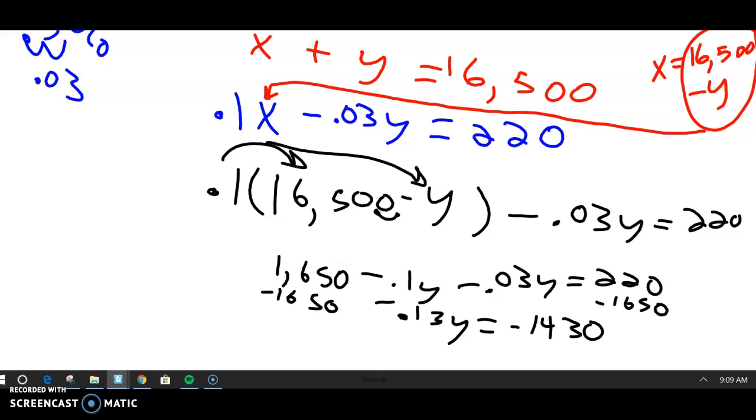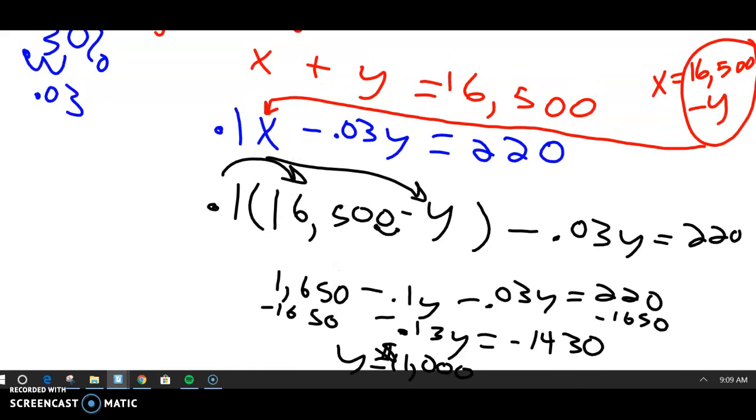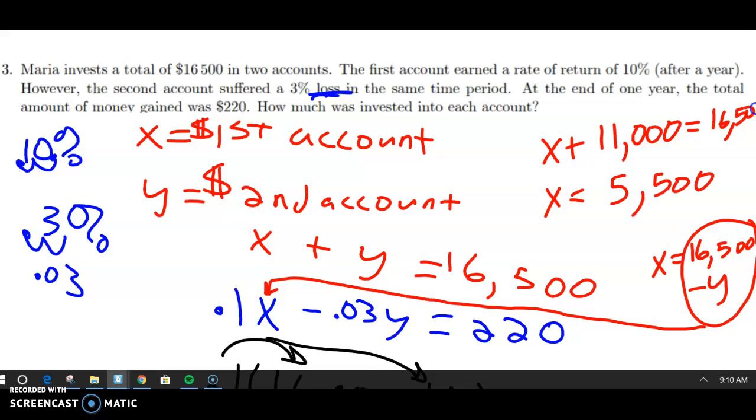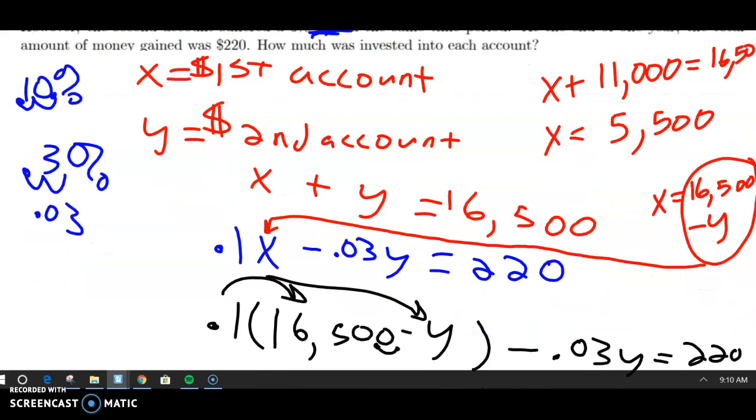And I end up with 11,000. So Y is $11,000. Y is my second account. In order for my second account to have $11,000 in it, my first account needs to have 5,500 because X plus Y is 16,500. So X plus 11,000 is 16,500. So X is equal to 5,500. So in my final answer, I will write